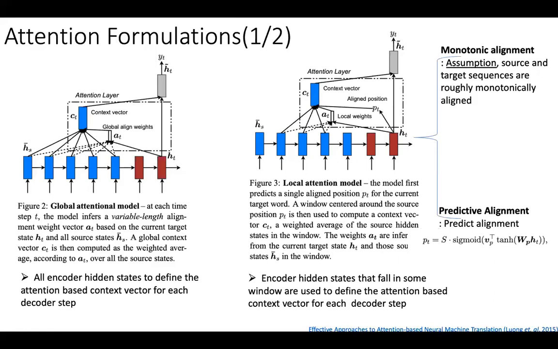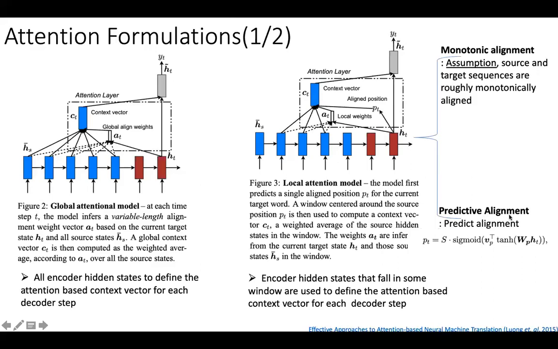Having this assumption, for the ith word in the source sentence, they consider i minus d and i plus d as the context of that particular word, and only calculate attention scores for those encoder stages. And the second strategy was predictive alignment, where they predict the context on the basis of